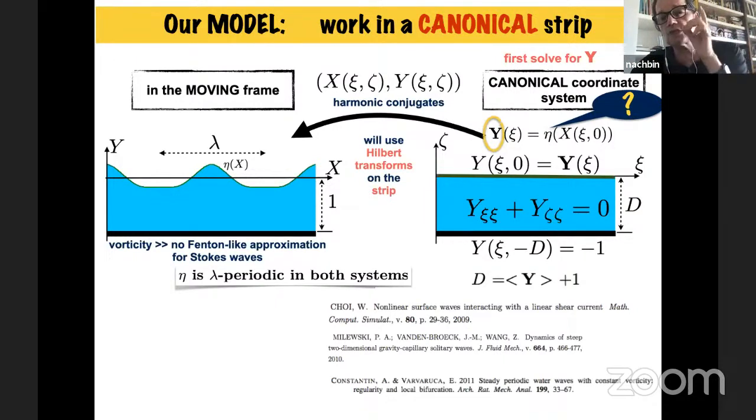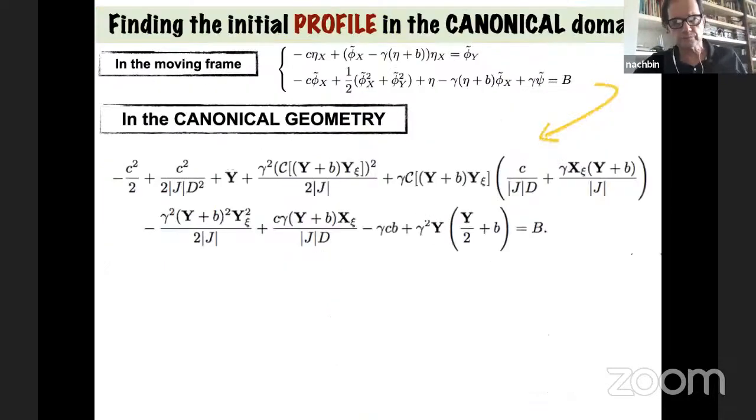So bear with me: we do all our computations, finding the traveling wave profile and so on, in the canonical domain. And then basically with Fourier-type integrals, we go numerically to the physical domain, where I'm going to show you the videos and so on. Okay, so I hope I haven't forgotten to say anything here. Yes, so we choose the length of our period and so on, no big deal.